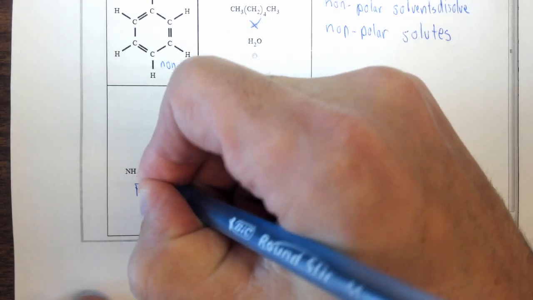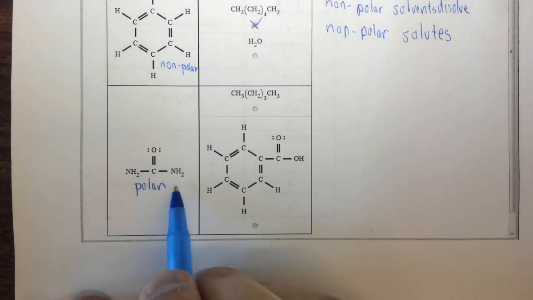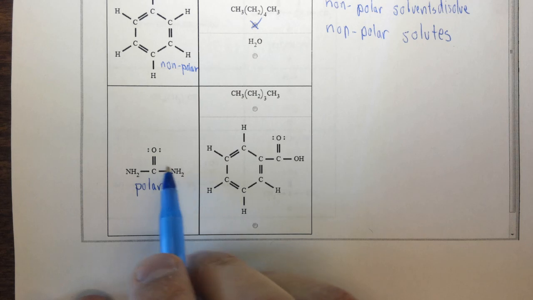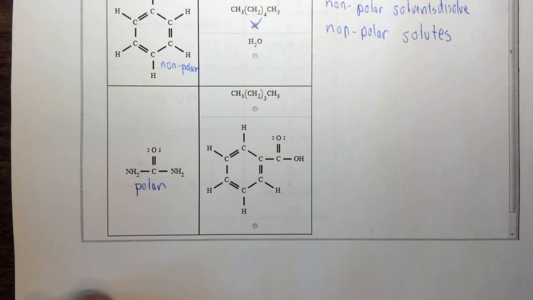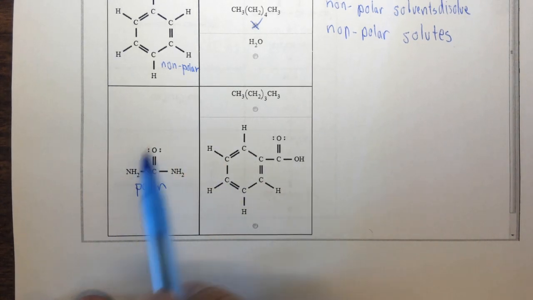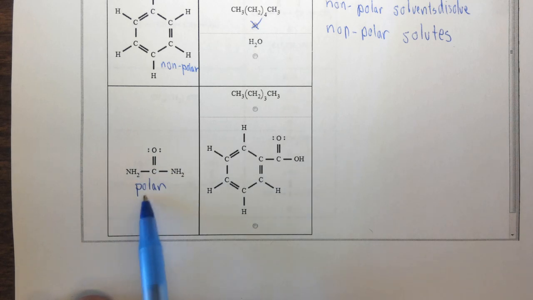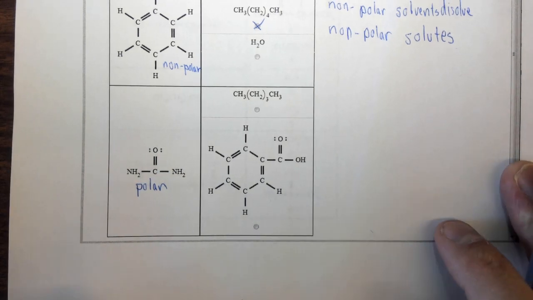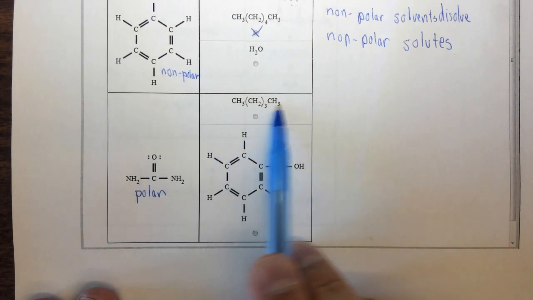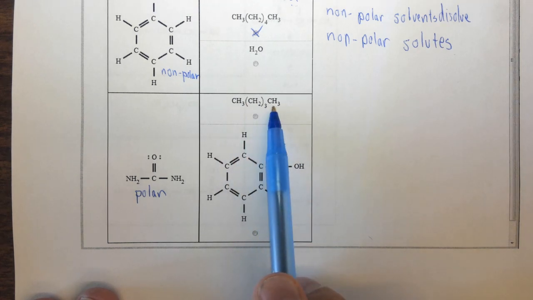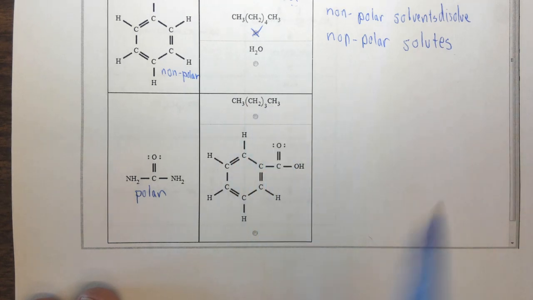In the next example, we have urea. Urea is polar, and in fact it's capable of hydrogen bonding from these NHs. It's polar because of this carbonyl group, the C double bond O. So not all domains are the same. This is polar. So our choices are this only carbon and hydrogen containing solvent, which is pentane, which is nonpolar,